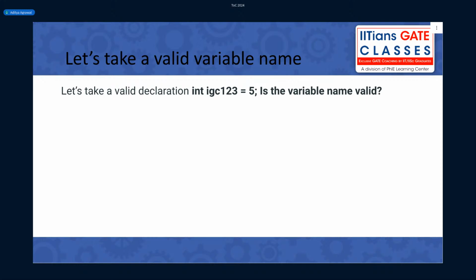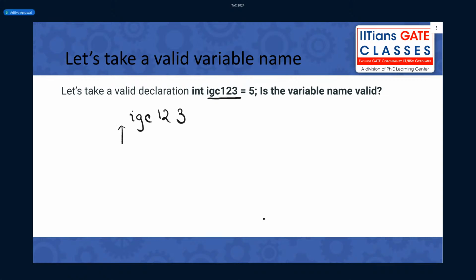What do I mean by it is, this variable name is valid, right? IGC123 is valid. So let's write IGC123. Okay, let's bring that part out. Int and 5 we will look at later, but let's bring the variable name part out, which is IGC123. Let me denote an arrow which I call the pointer.